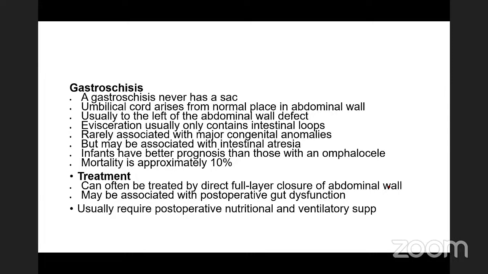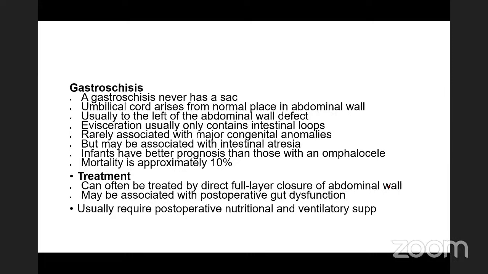So the umbilicus is usually to the left of the defect, because the congenital anomaly arises from arrest of the right umbilical artery. At that place you have a defect, and it may be associated with intestinal atresia,